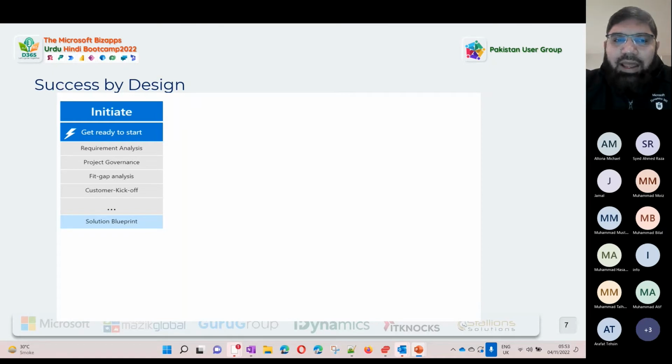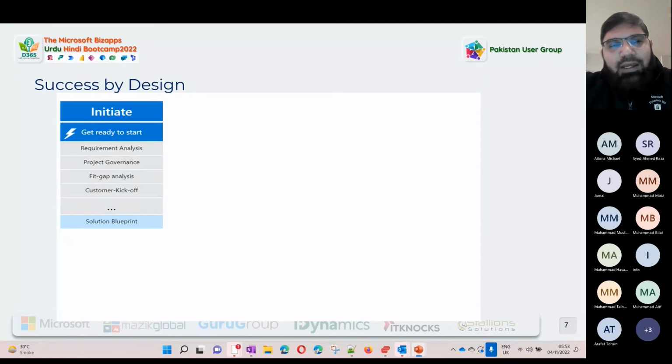And the solution architect will help do the fit gap analysis, and he can say that some of these requirements, either it's field service or something, can be met by a certain module within the system. At the end of the initiate phase, the solution architect will produce a solution blueprint. I have done many solution blueprints for my implementations. But basically, right at the start, within 6 weeks after the project has started, a solution blueprint is produced, and